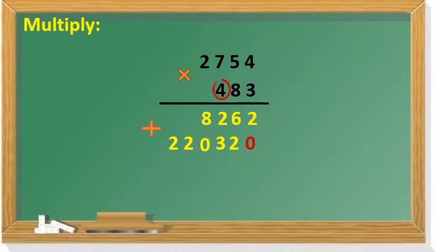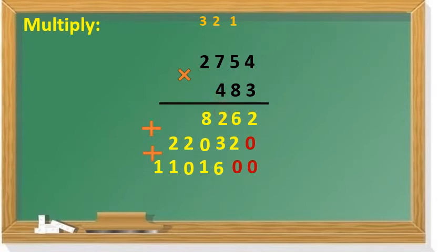Now we are moving to the hundreds place, where 4 is there. Okay. First we will put 2 zeros. Now 4 4s are 16. 6 here, 1 carried over. 4 5s are 20 plus 1 is 21. 1 I will write here, 2 carried over. 7 4s are 28 plus 2 is 30. 0 here, 3 carried over. 4 2s are 8 plus 3 is 11.